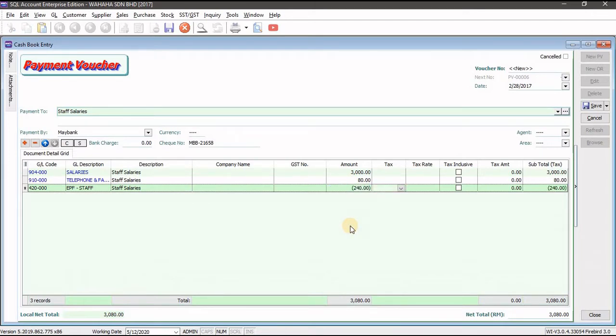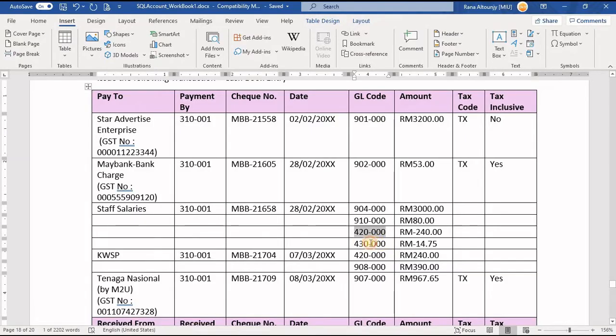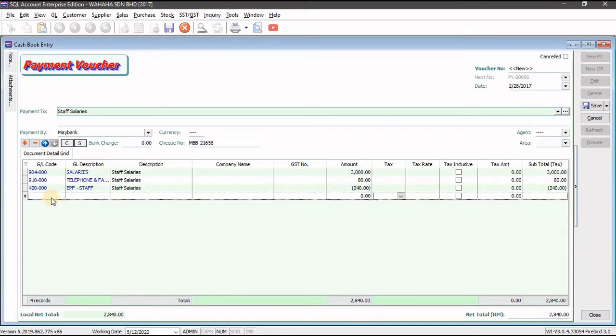You will see it will come inside two brackets because this amount of money we are deducting from the staff. We are not paying it to the staff. Let's say the staff salary is 3,080. Then we deduct the 240 we accumulated. Then we pay it in one shot to the EPF. Then the part number 4 from the staff salary,